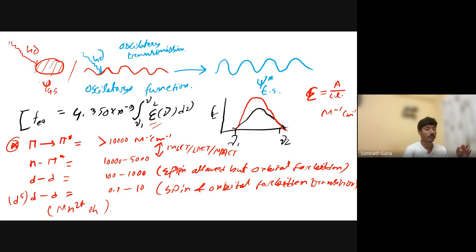Is it a pi to pi star transition, or a d-d transition, or is it MLCT or LMCT? Depending on that, there is some value of that epsilon. With respect to that, we can also say that this molecule is absorbing light around this region because of that particular transition. Okay,